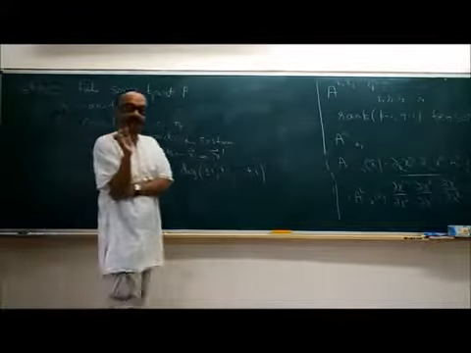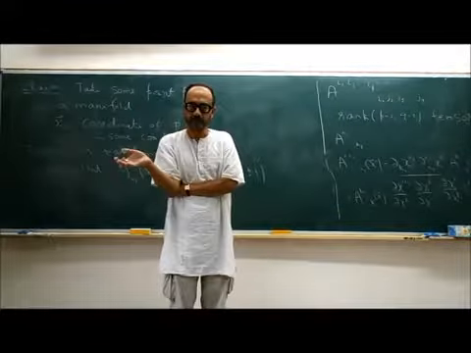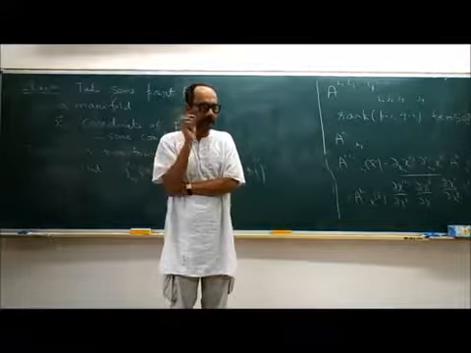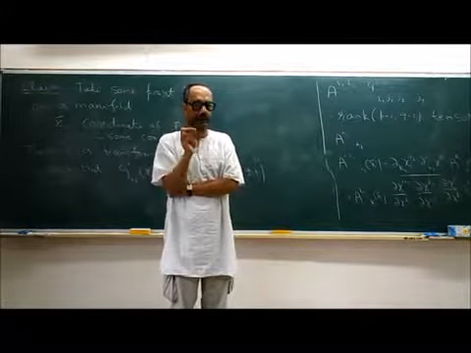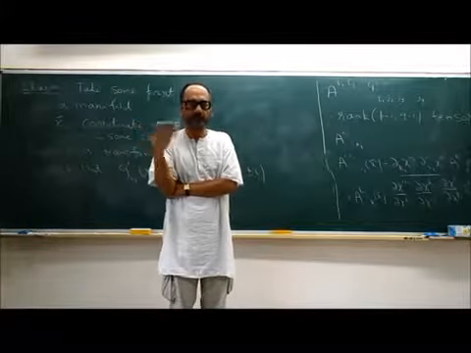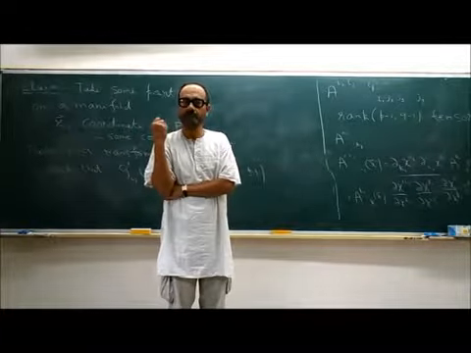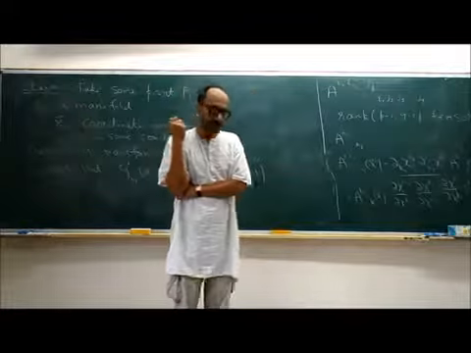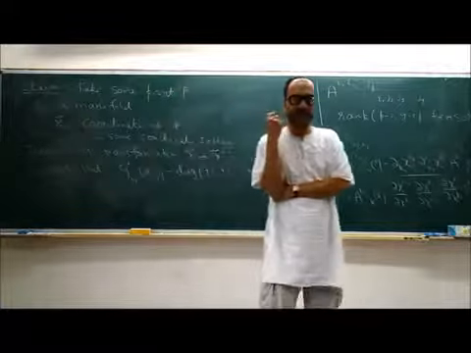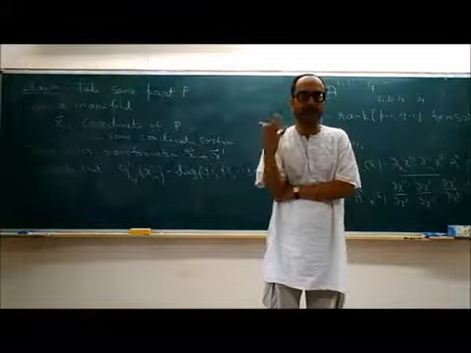The claim is not that you can find a coordinate system in which the metric takes this form everywhere. But for every point you can find a coordinate system in which the metric can be brought into this form, and for different points the coordinate transformation is different. Is that transformation unique? No, it's not unique. We'll discuss this. There is a family of coordinate transformations which can do that.